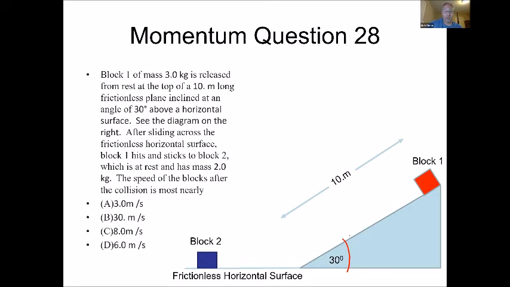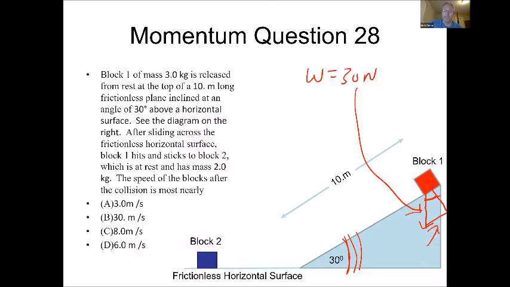Well, first thing we've got to find here is what's the speed of block 1 at the bottom of the hill. And to do that, first of all, we're going to need to draw in the weight of our box. And that weight is 30 newtons. And let's divide that into components, 1 perpendicular to the surface, 1 parallel, remembering that if our incline angle is 30, this angle right here is 30, and also our weight is 30 newtons. So let's find the parallel component